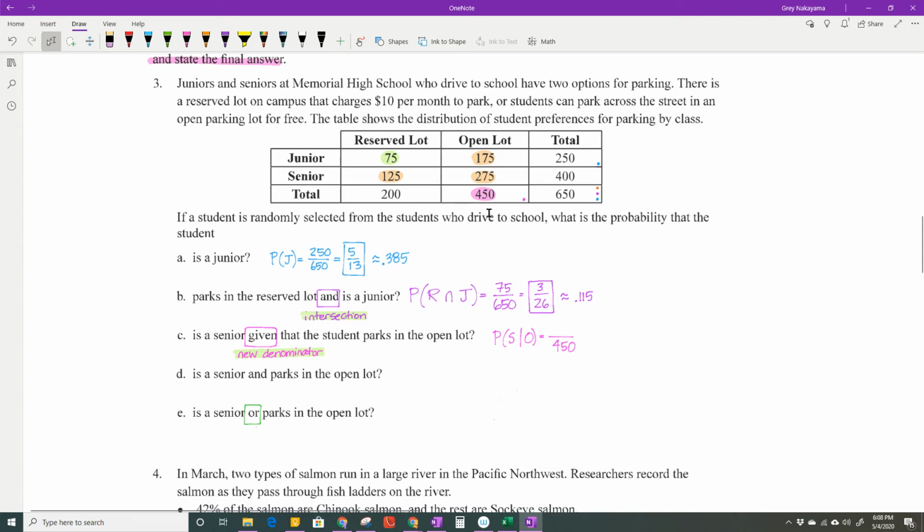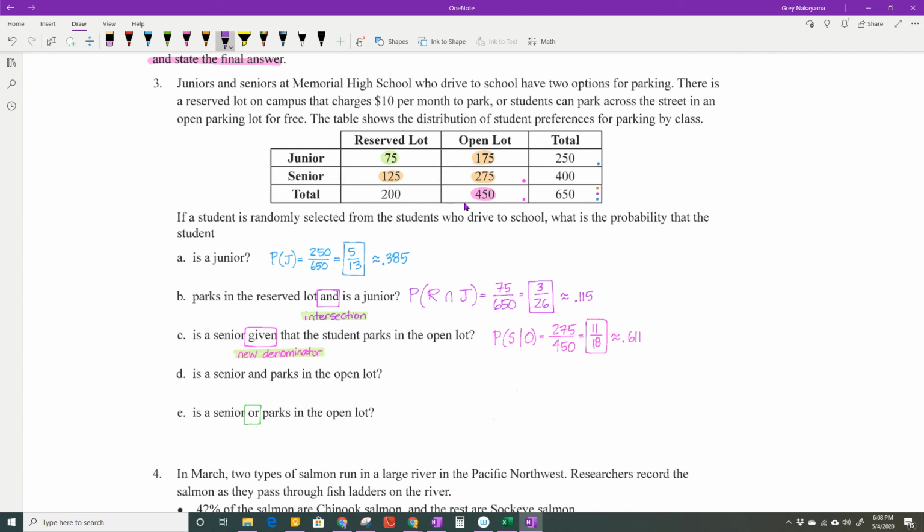So out of those 450, how many of them are seniors? It is 275. So 275 is going to go on top when you reduce it, and there's your decimal rounded to 3 places. Okay. I think in the past I didn't do it, but I went ahead and did it on this video here. What's the probability that the student is a senior